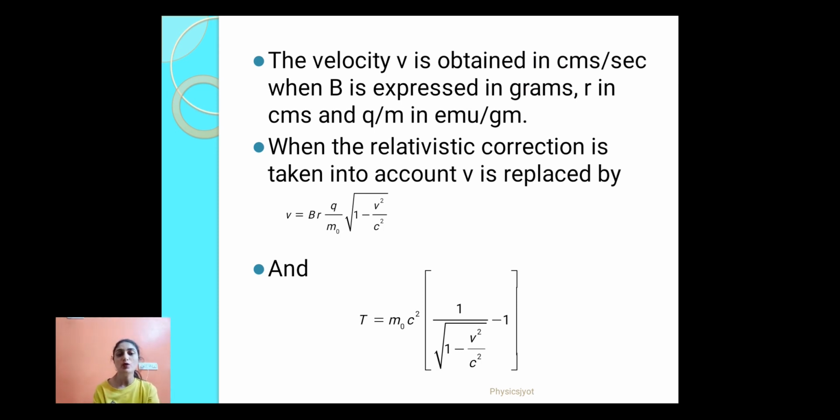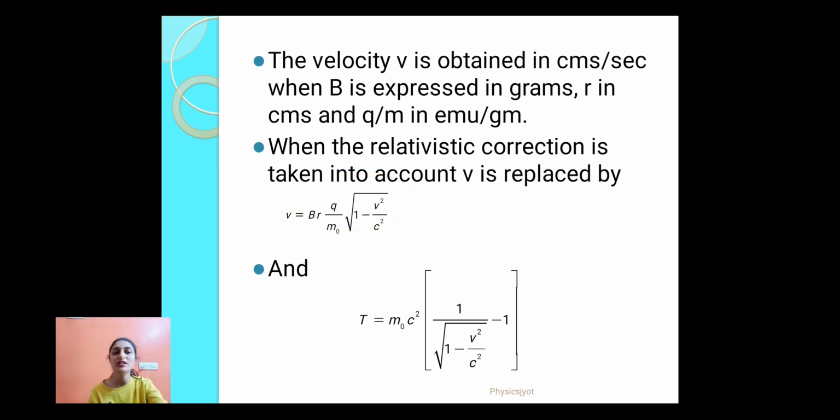Now here, when we are assuming that the alpha particle is moving with a velocity which is not comparable with the velocity of light, then we can use the formula v equals QBR upon m. But when the particle is accelerated in such a way that it acquires a velocity comparable with the velocity of light, in that case we will have to replace m by m0 upon root of 1 minus v square by c square, which is a relativistic correction. So here we have just replaced m by m0 upon root of 1 minus v square by c square, so that goes up and we get this formula.